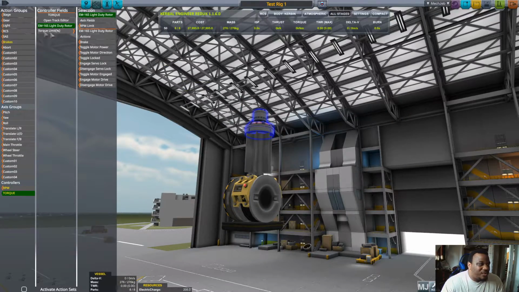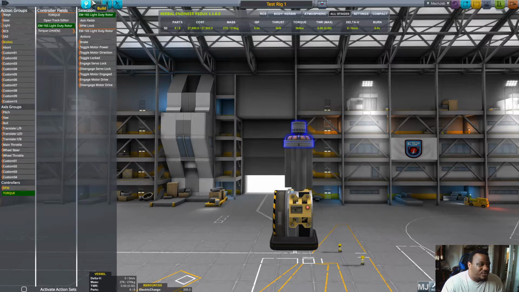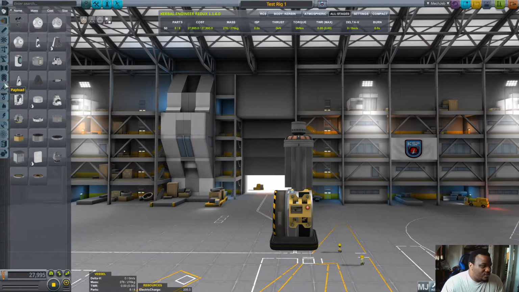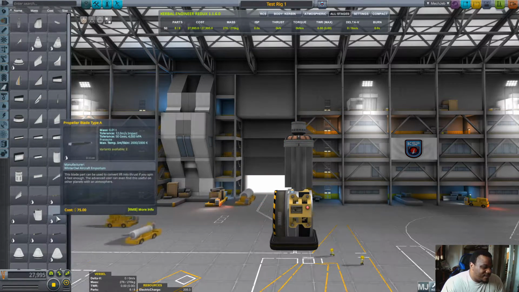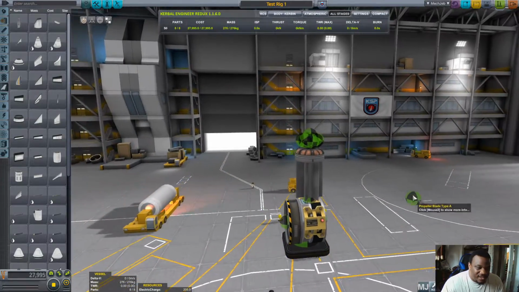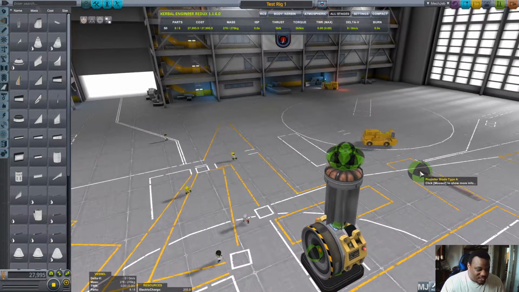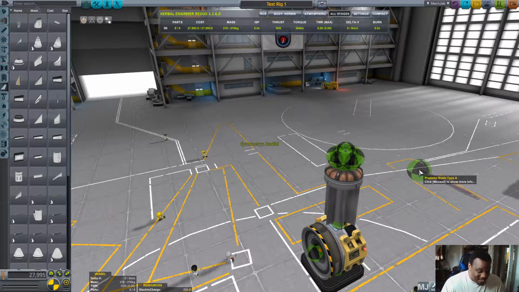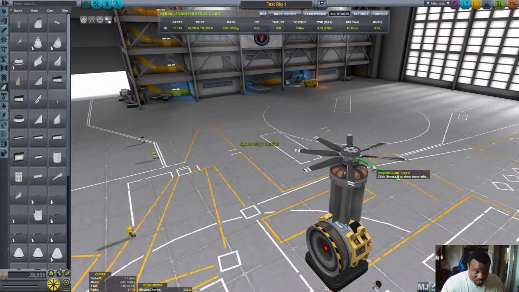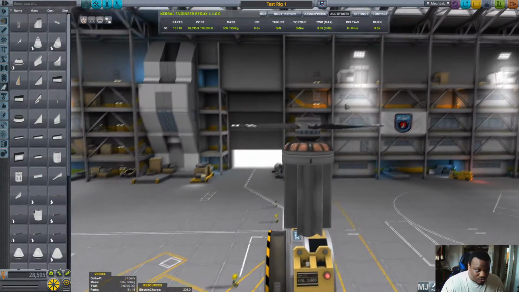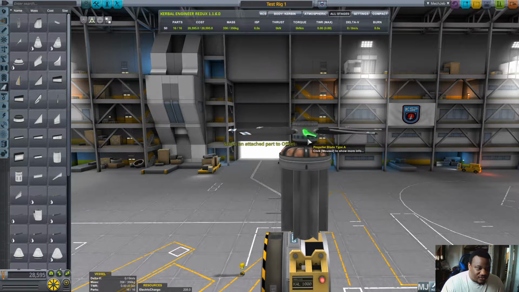So we need propellers, and we're going to set our propellers on here. So let's go to aerodynamics. Let's grab our propeller type A. This propeller type is the smallest propeller that you can get right now. So we're going to use this in order to get ourselves off the ground. And we're just going to take this. I'm actually going to slide this down,